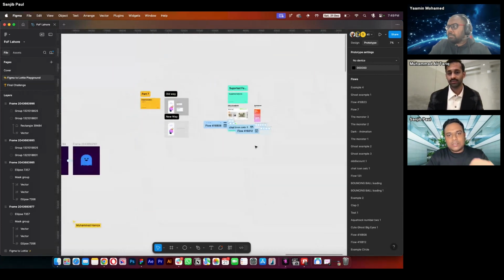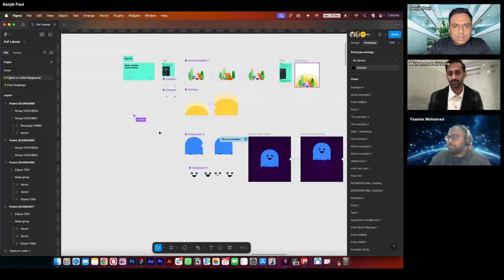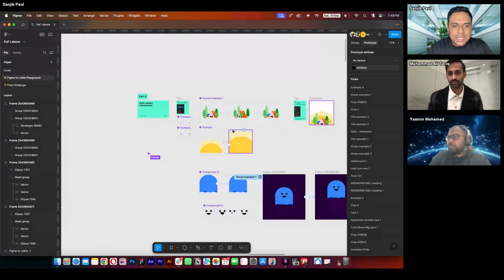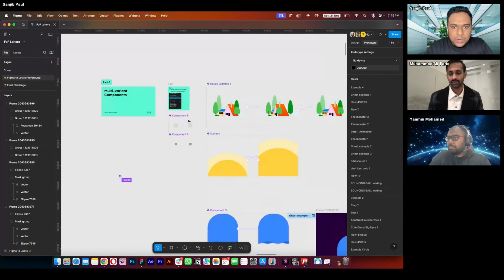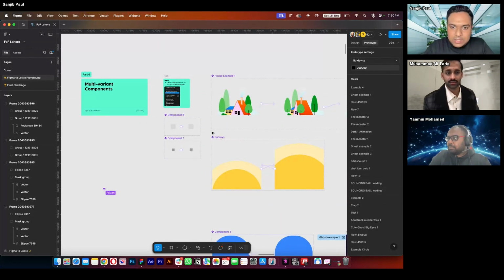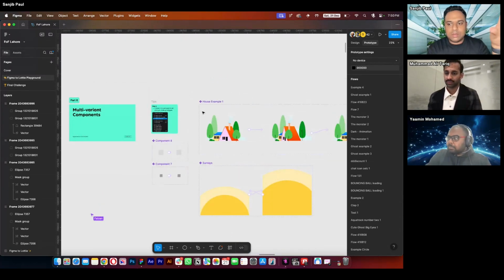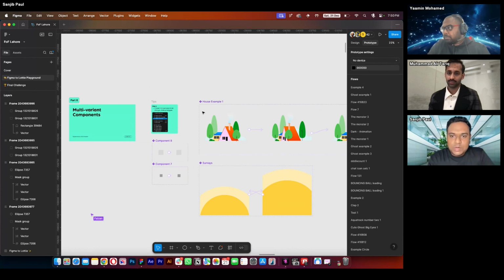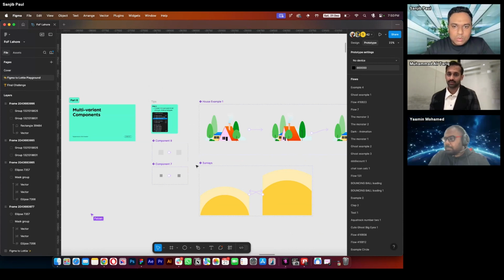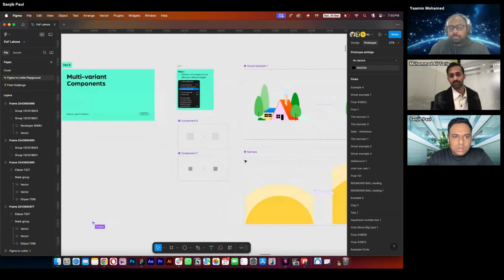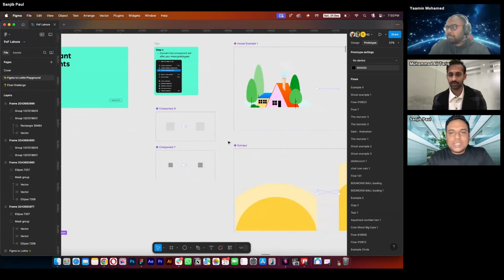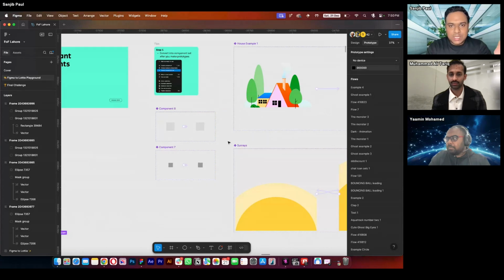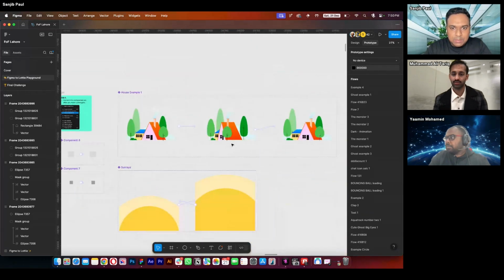So, all right. As of now, we were discussing things that you can create with a single flow. But in order to create more advanced things, you can use multivariant components to create even more complex examples. Multivariant components is nothing but when you have two animations separately created and you want to bring them together inside one Lottie file. So for that, what we need to do is, as you can see in the example, we